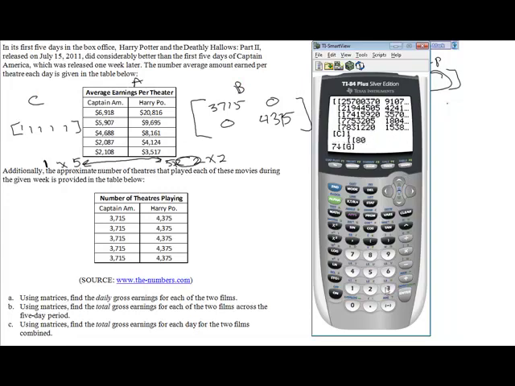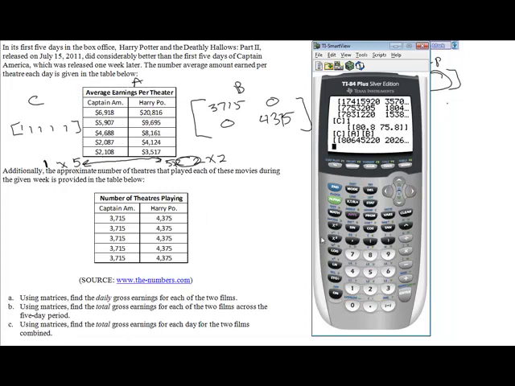So I'll do C, A, B, enter. And that seems pretty reasonable. There's a 2x1. We can double check this. We can actually go and manually add the columns, but I think we're okay. This should be the total of all the Captain America revenue and all of the Harry Potter revenue